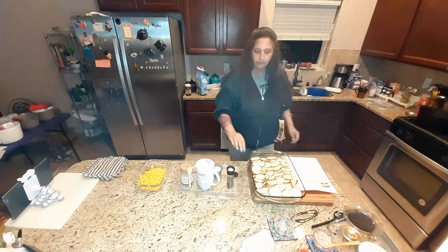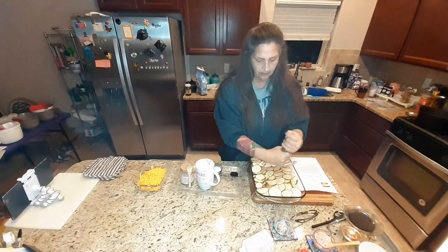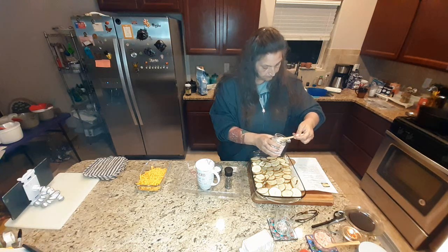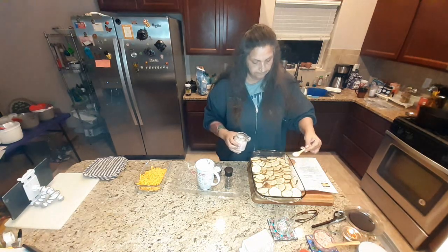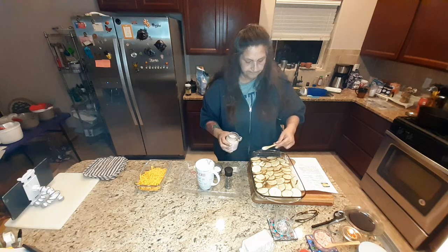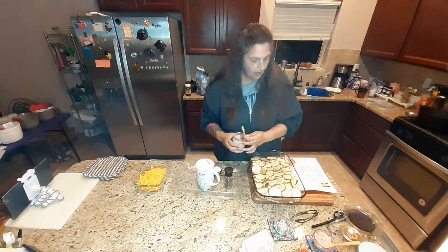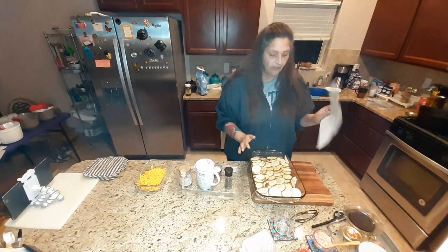Then we're going to top with a little more pepper. A little bit of salt. This one's going to be a salty one. All right. But pink Himalayan salt isn't really as salty. So then our next step,